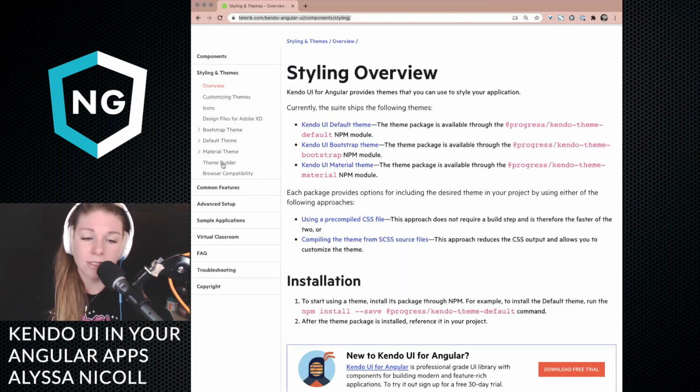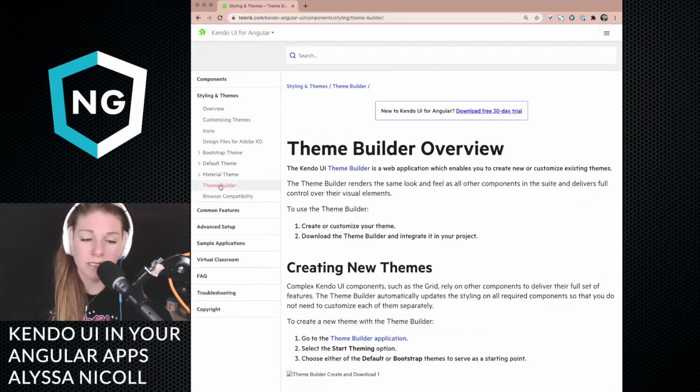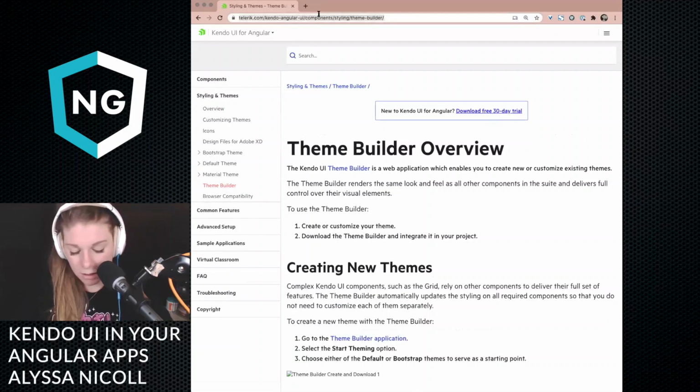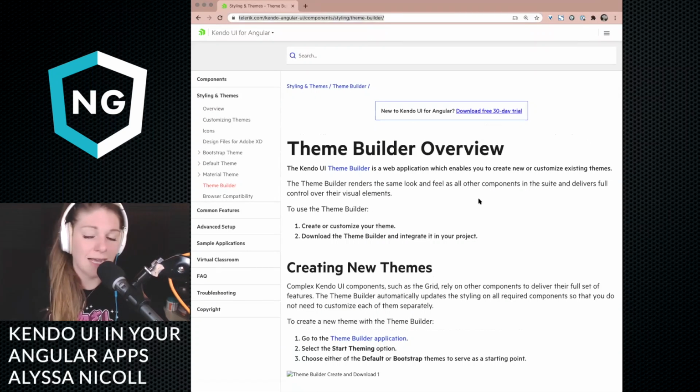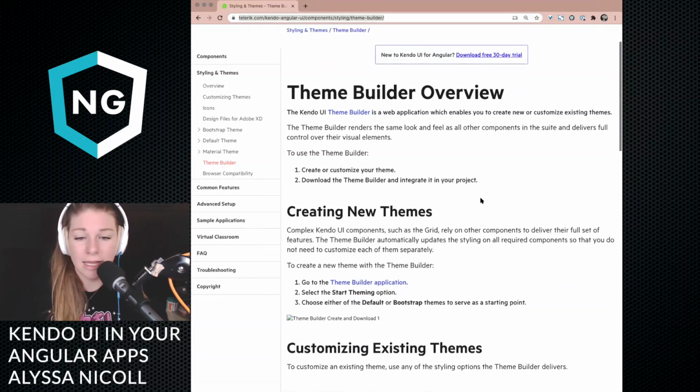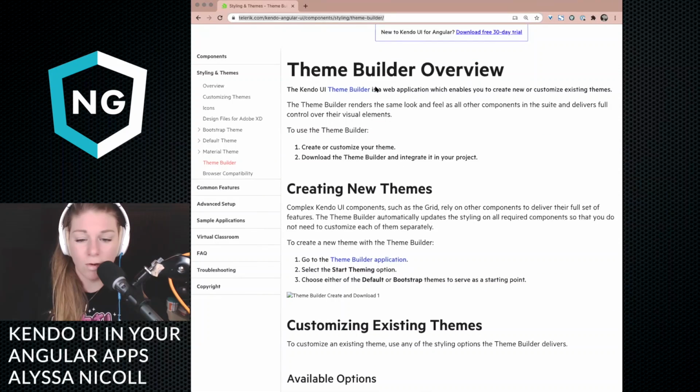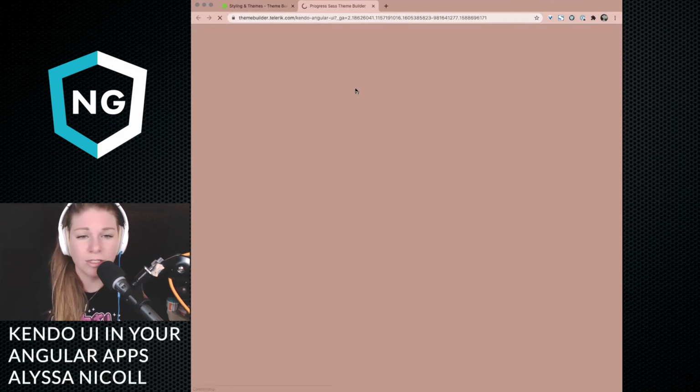But if we go down to the link that I really wanted to get out, which was the theme builder link, Carl said that Material Design is pretty popular, but our default theme wins because it's the default. Preach it. Here are our theme builder docs. It's not the actual application. You click on that link and scroll down to actually go into the theme builder application, which we shall do.